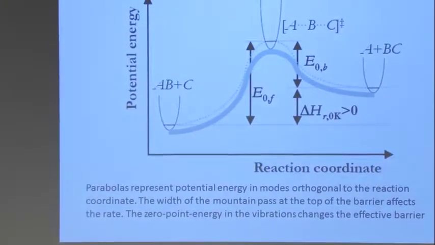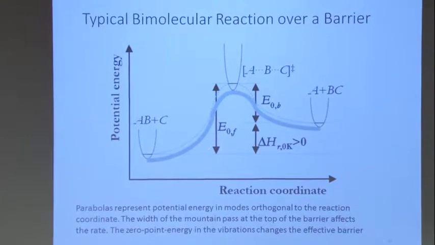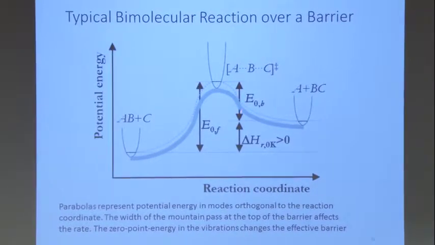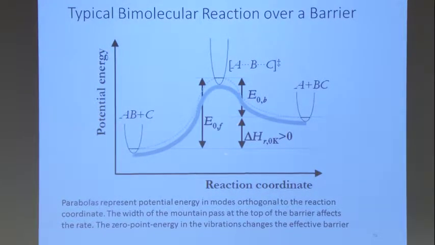By the way, the E0 in the forward direction and the E0 in the reverse direction are related by the delta H. Do you see that? This guy adds up. So if I know the zero-point corrected barrier in the forward direction, and I know the enthalpy change from thermo, I then also know the barrier in the reverse direction. And so they satisfy this relation here. So this is another example of how you need to know the thermo to help you figure out the reverse rates.